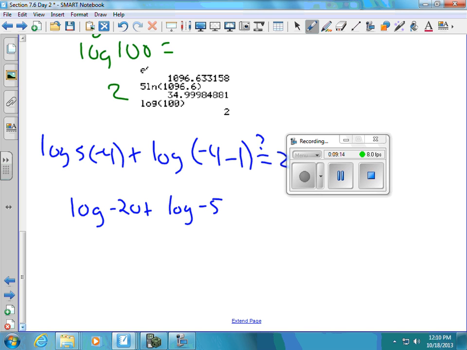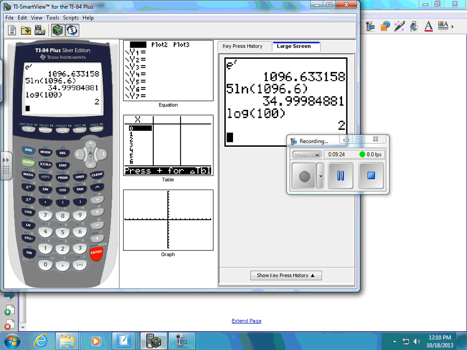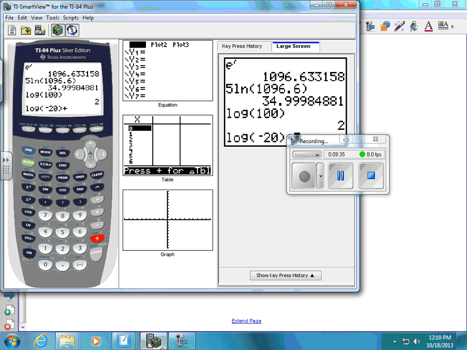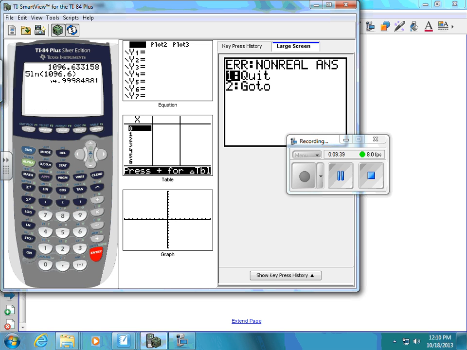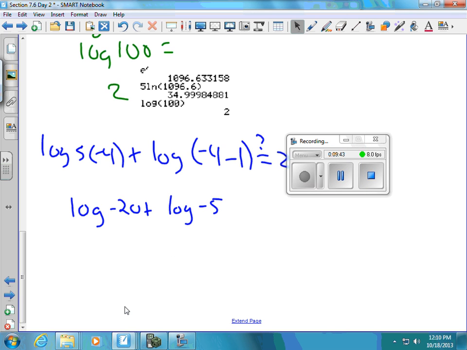What's the problem here? If we take the logarithm of negative numbers, I don't think so. Okay, let's plug it in our calculator. Let's see what happens when we do log of negative 20 plus the log of negative 5. We get an error, don't we? Non-real answer. So that means this is not a solution,